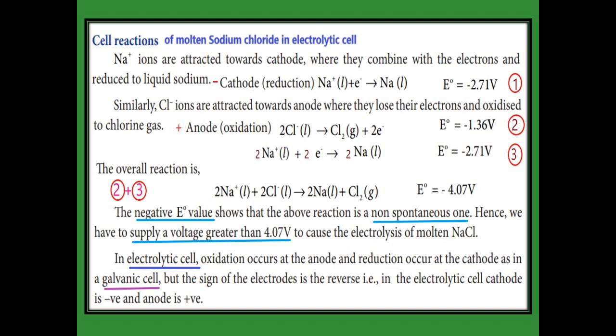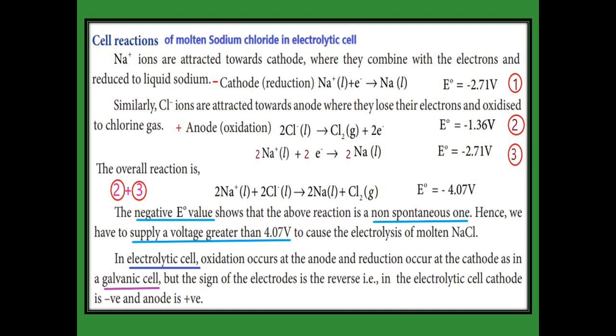Now we studied the electrolytic cell and then the galvanic cell. What is the difference between these two? In the electrolytic cell, at the anode we get the oxidation reaction. The same way in the galvanic cell, at the anode we get oxidation reaction. At the cathode, reduction takes place in the electrolytic cell, and in the galvanic cell also reduction takes place at the cathode,